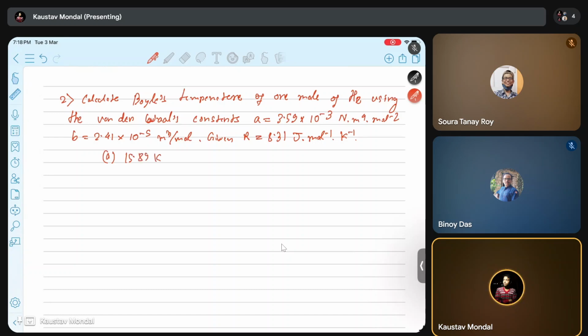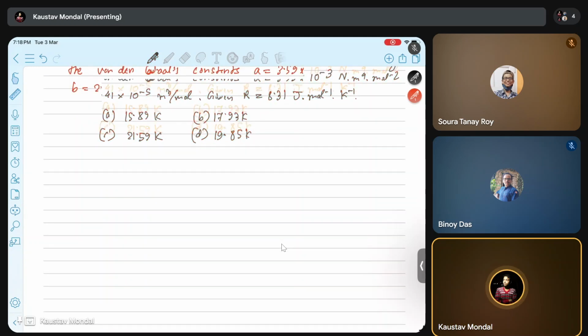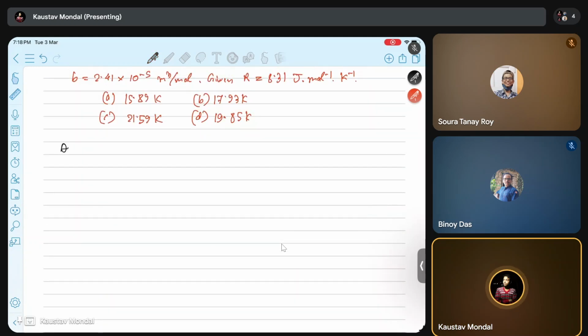The options are: A is 15.89 Kelvin, B is 17.93 Kelvin, C is 21.59 Kelvin, and D is 19.85 Kelvin. So you know the Boyle temperature expression is given by TB equal to